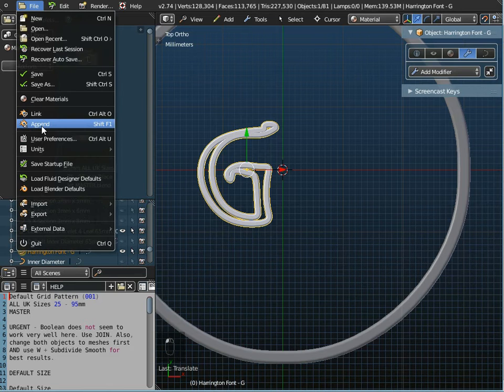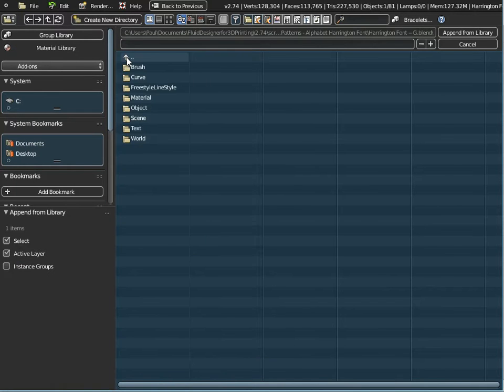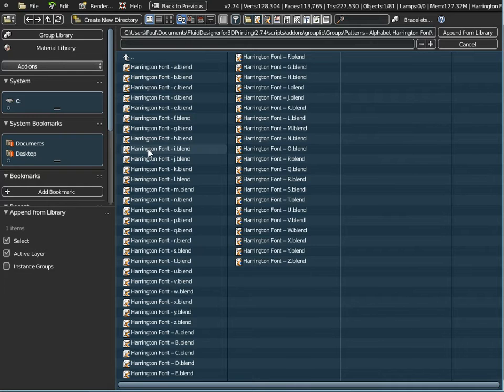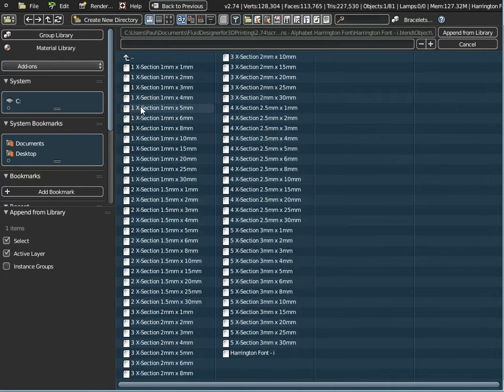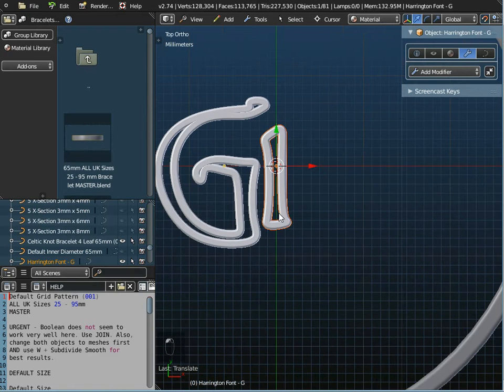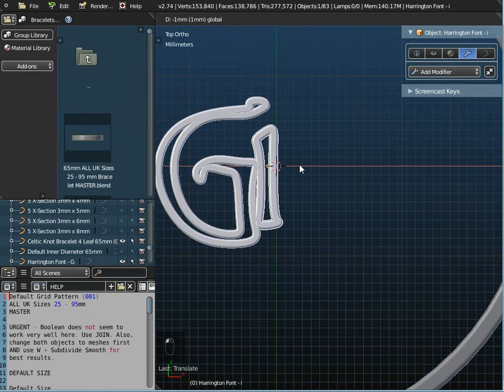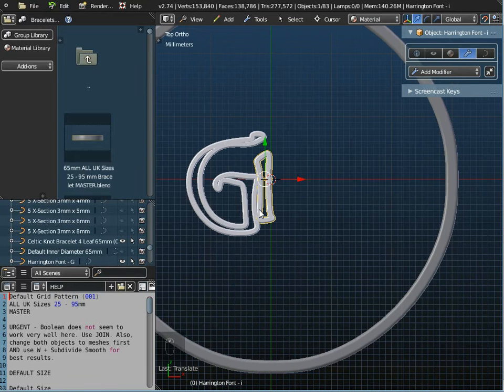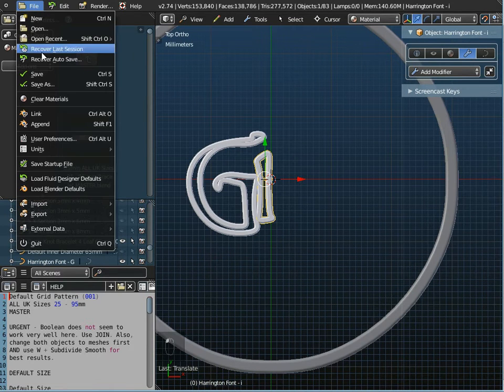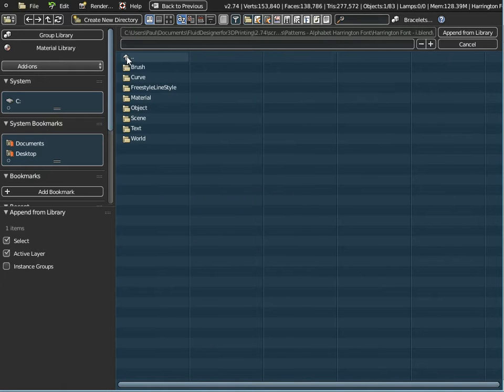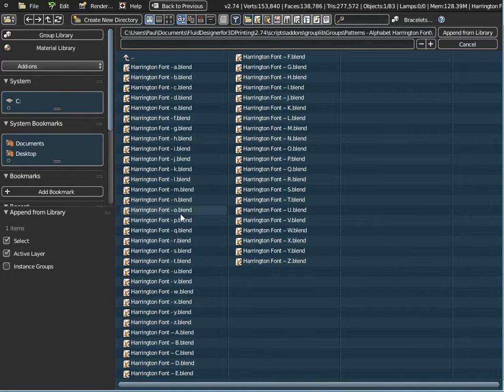Now I'm going to go to File and Append, and I want the next letter in my name now, which is I'm going to use the lowercase I, and it's always the object, so it's Harrington font I, and just move that across. Now you do need to make sure that these are just overlapping, or I prefer them to do anyway. So File and Append for the next letter, so G and I,